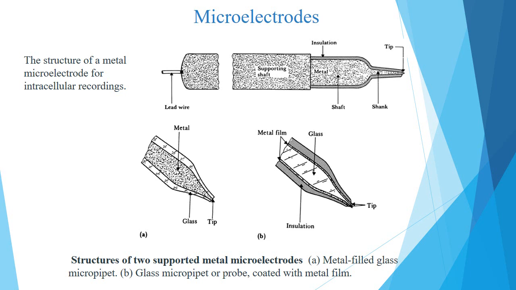The microelectrodes have a small diameter, which allows insertion of the electrode into the cell. There will not be any damage to the cell during the insertion. When a microelectrode is used to measure the potential of the cell, it is located within the cell, while the reference electrode is situated outside the cell. The metal microelectrodes are formed by electrolytically etching the tip of a tungsten or stainless steel wire to a fine point. This technique is known as electropointing.